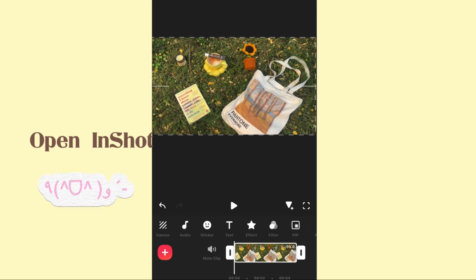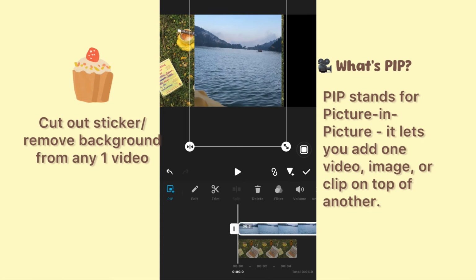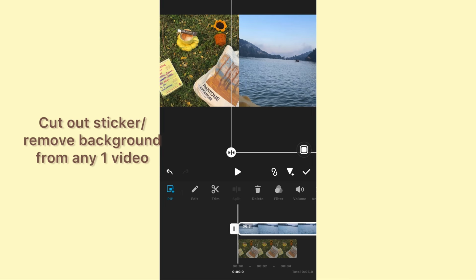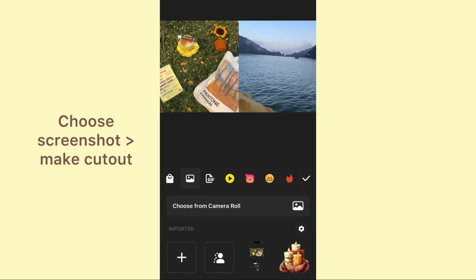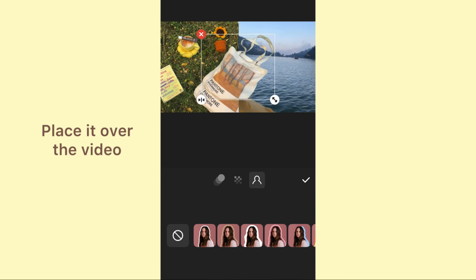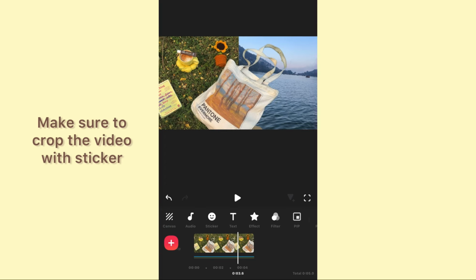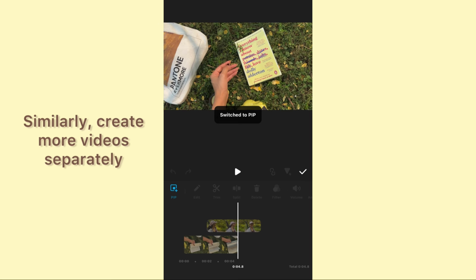You can start making this reel in InShot and VN app. First, you have to select the YouTube ratio size, and then you have to import two videos in landscape, or maybe you can zoom them to fit them into the YouTube format. Then you have to switch one of the layers in PIP layer, which is picture in picture feature. Then take a screenshot from either of the videos and cut out a sticker, and then place it over the edge of the first and second video. Make sure to trim the video from which you have taken out the sticker to give it a cutout effect, and save that video separately.